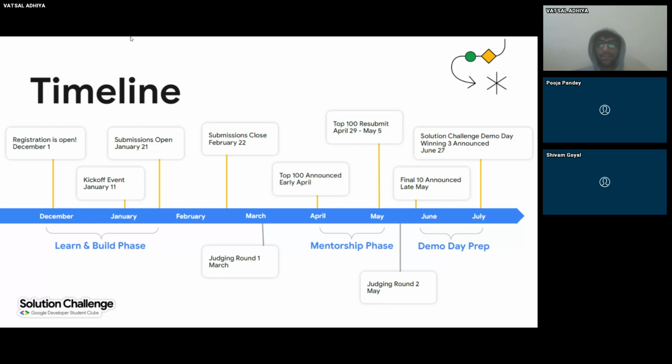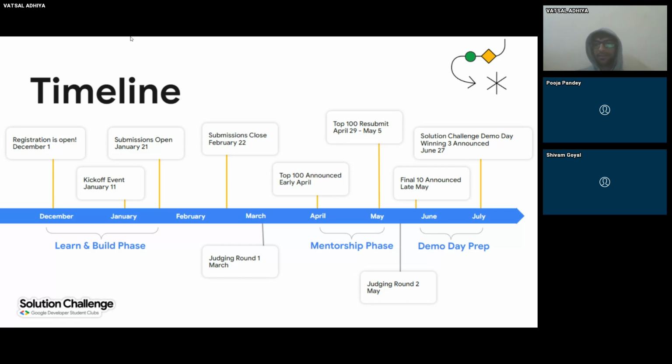Then the top 100 will be announced in early April, and then a mentor will be assigned from the Google team. You can make at most four meetings with the mentor in online mode, so be sure to utilize the meetings wisely.